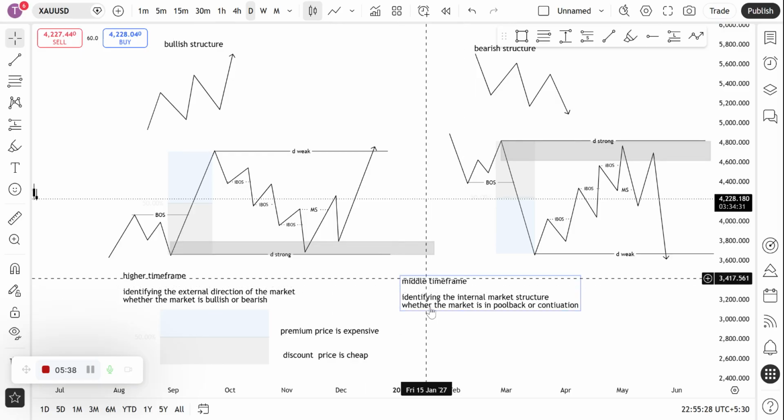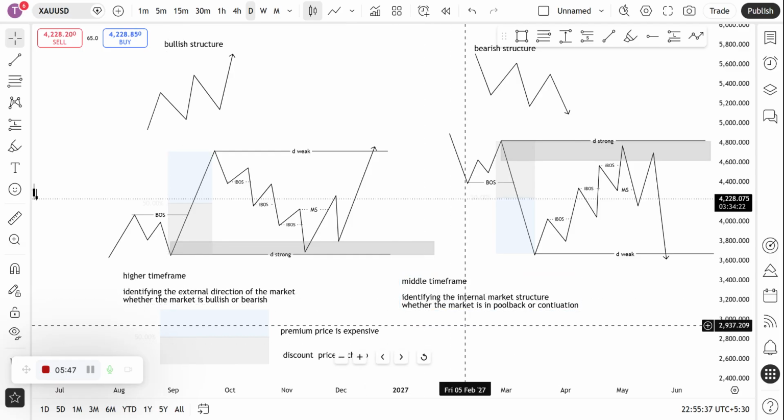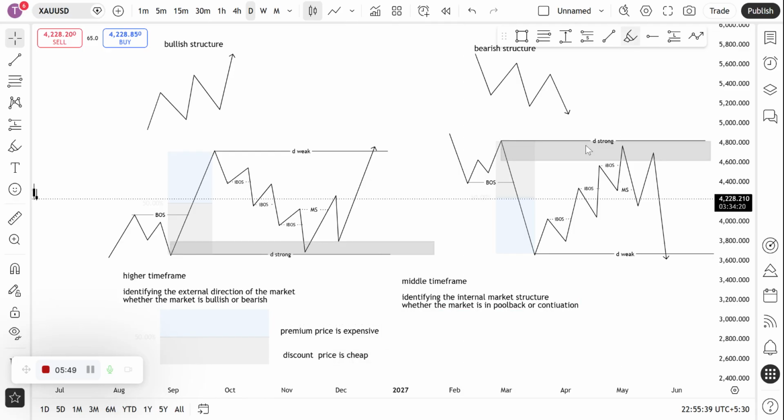So I'm going to explain the mid time frame. What am I doing on the mid time frame? On the mid time frame, I'm going to identify the internal market structure. What is internal market structure? Okay, the internal is